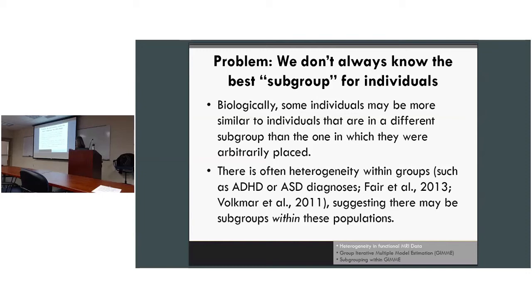This is very prominent in the ADHD and ASD, autism spectrum disorder, literatures, because you see such heterogeneity in the symptoms as well. So it's also manifested at the brain level. And so defining people based on ADHD, non-ADHD is setting, I think, researchers up to not be able to replicate their findings, because typically developing controls are going to be heterogeneous, and ADHD are also going to be heterogeneous, which I'll also show a little bit later. So this is suggesting a call that there might be some use for data-driven subgroups of individuals based on their brain processes.